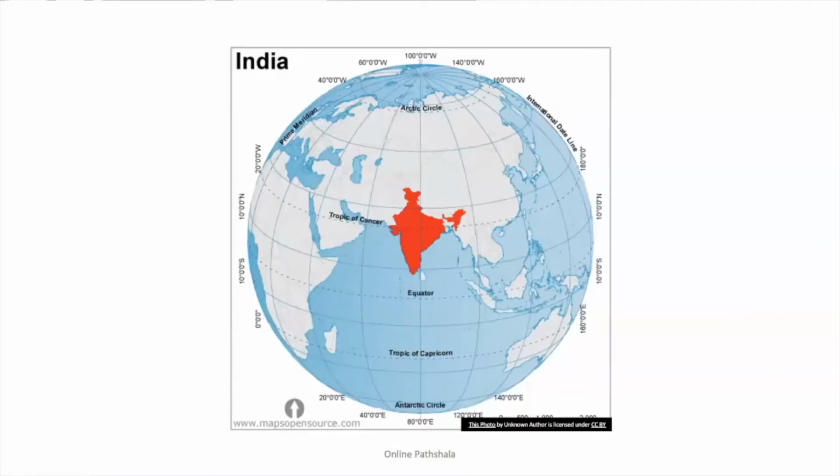Now, India is a vast country. It lies entirely in the northern hemisphere, as is shown over here. So you have the equator. The equator divides the Earth into two hemispheres, the northern and the southern, and India is in the